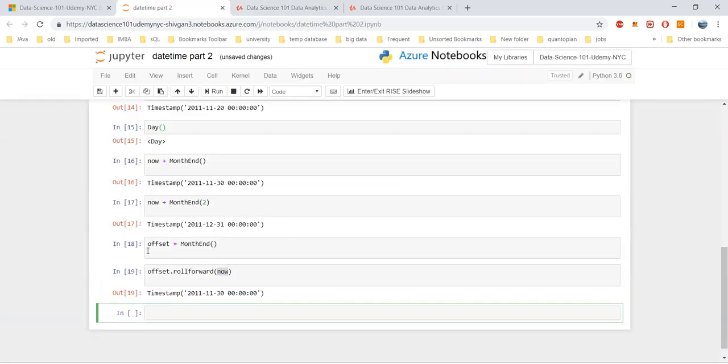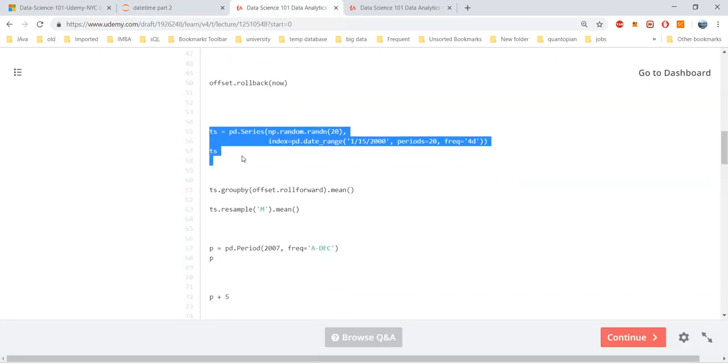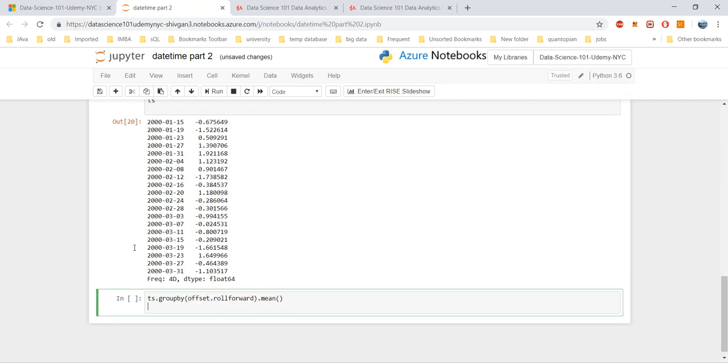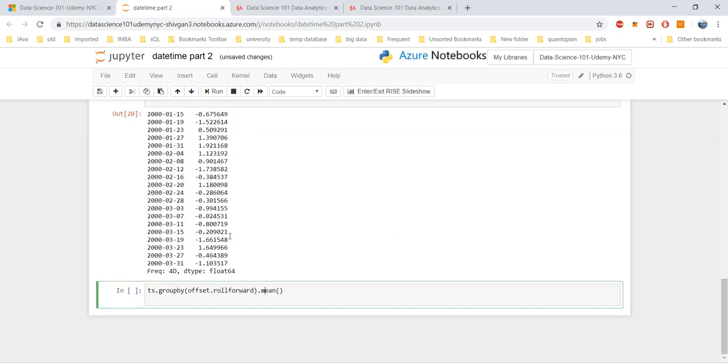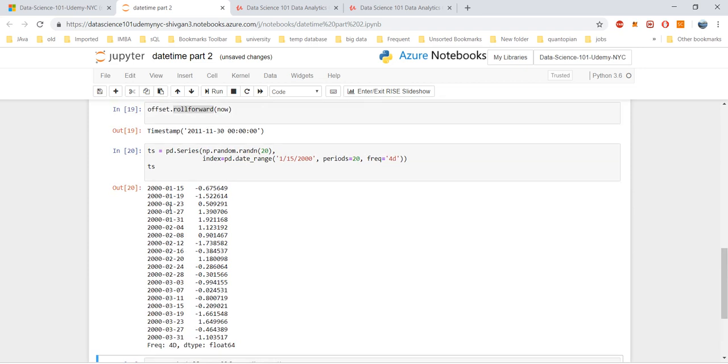Here we are creating a time series with 4 days difference. The period is 20 and it starts from 1/15/2000. Now if I do ts dot group by, I'm doing the group by offset dot roll forward, and I'm doing a mean. So what would it do? It would go ahead and give me the mean of those times. So 31/1, 29/2. It's going to the last of that month and giving me the mean of that month,